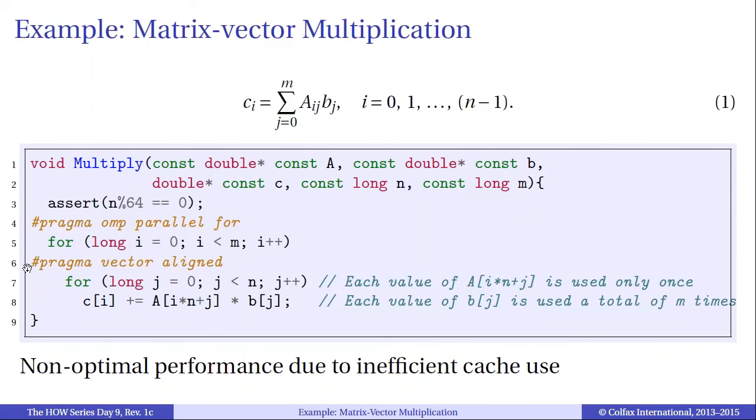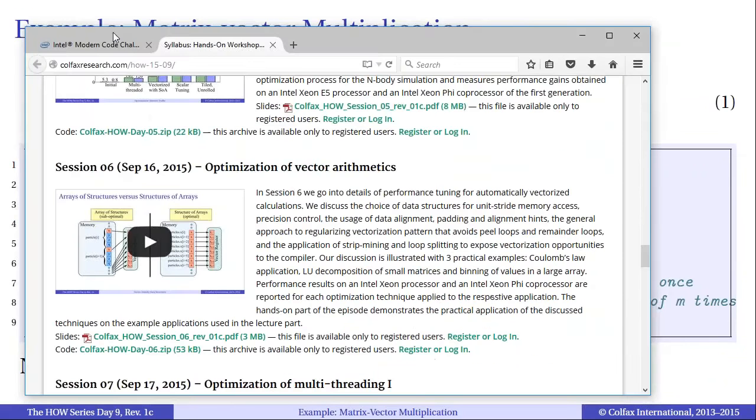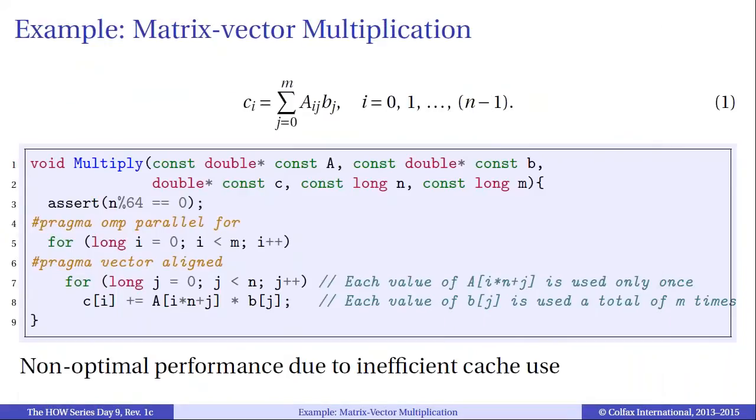This is what we discussed once again in session 6, alignment and the hint pragma vector aligned. And you can see that I have unit stride memory access in the inner loop. I access matrix A with unit stride in J, and I access vector B with unit stride in J. This is not such a bad implementation,